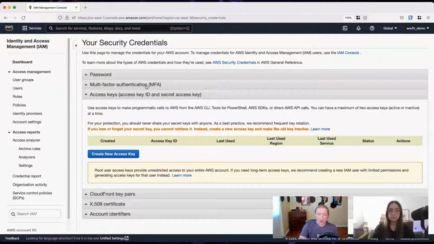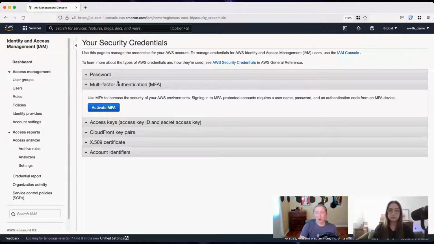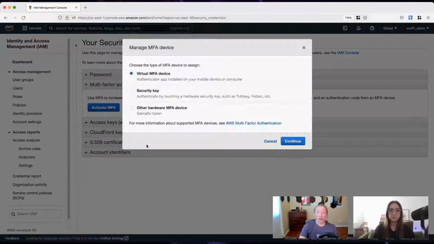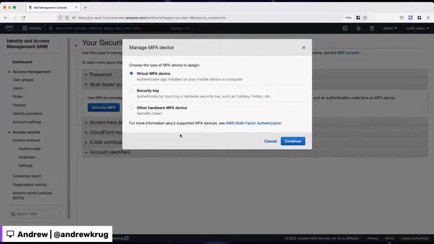And then the other big thing that I advise people to do is actually just turn on second factor authentication for this first user that you generate in the account. And when you do that, you have a few different options, right? One of these is virtual MFA. The other is to use a security key like WebAuthn or U2F. And the other is a Gemalto token. I always tell people for this user to actually just use the plain old TOTP, or the 6 digits that you put in to an app.